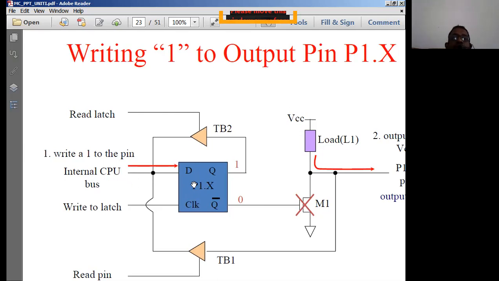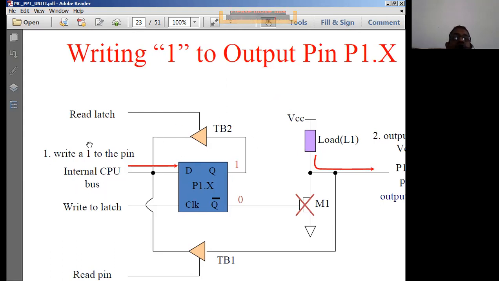So to the D flip-flop input, we give 1. What is a D flip-flop? It is known as a delay flip-flop. Whatever we give as the input, the same thing is simply propagated to the output Q. So 1 is given here, and 1 will come as the output over here. If this read latch is enabled, this 1 is transmitted to the external device, and this 1 can be read from the D latch. For example, if this read latch is disabled, this 1 is not read.